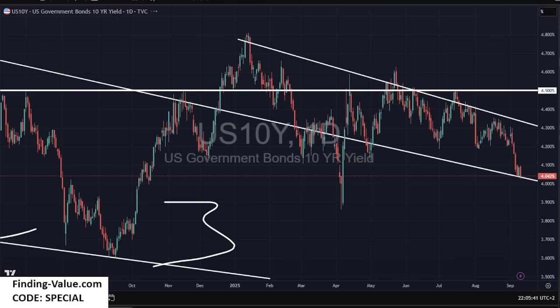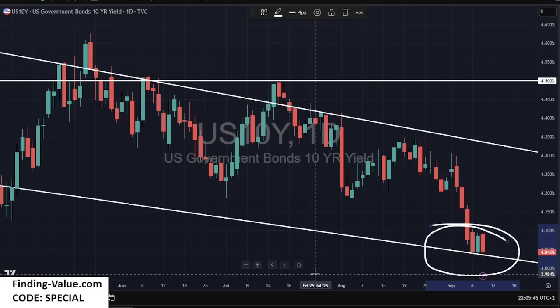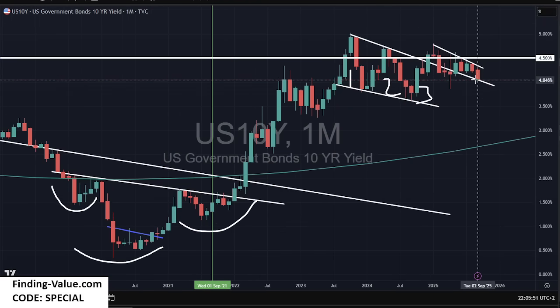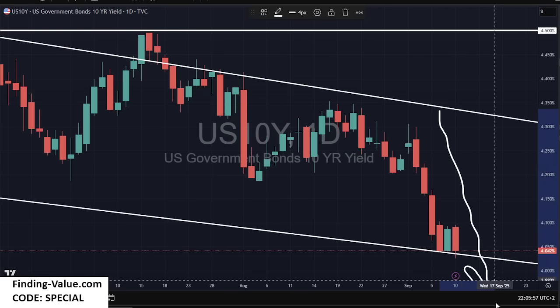We've got the 10-year yield down 1%. We're right on support. We'll see if this support holds. If it doesn't hold, we'll blow through it. If it holds, we'll turn it around and start heading higher. If it doesn't hold and we see the 10-year go down,